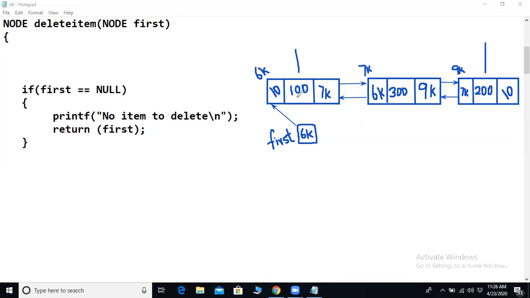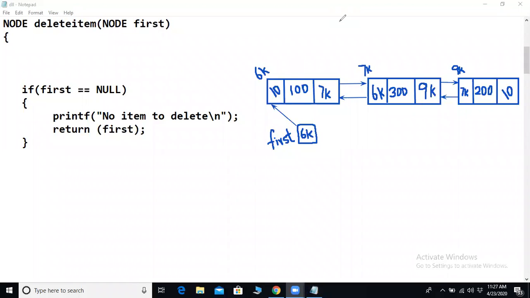For example, my item is 100. In that scenario, the first node needs to be deleted. If my item is 200, then the last node needs to be deleted. If my item value is 300, then a node somewhere in between has to be deleted, right? So all these scenarios need to be considered, right?